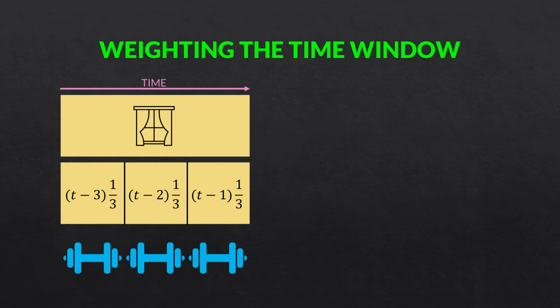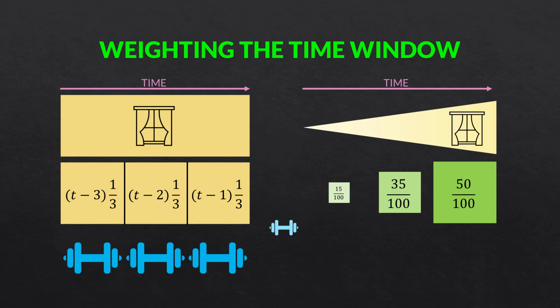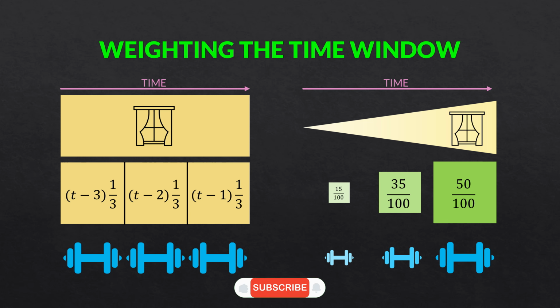In the weighted moving average, it's a bit different. So we're going to assume that we weight them over time in increasing weights. So the highest weight is the most recent. So we might have a weight of 0.15, a weight of 0.35, and then a weight of 0.5. Notice a few things here. The sum of the weights is 100 over 100, therefore the sum is 1. And the 15, 35, 50 are weights that I just picked arbitrarily. Again, you would have to look at your data or try different values to see what works best